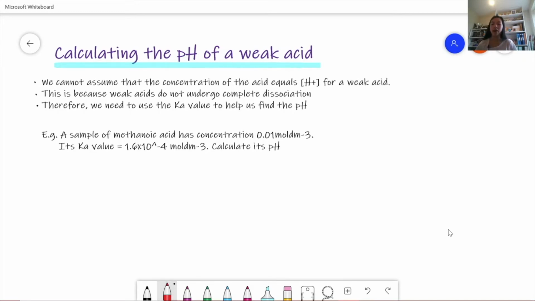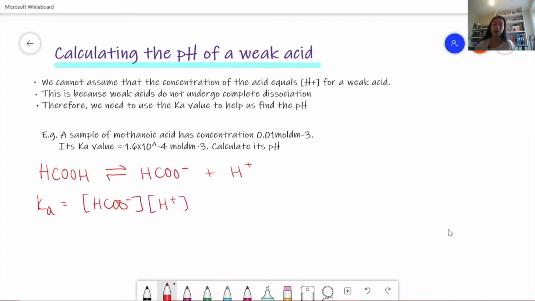So we would have methanoic acid, which has a chemical formula of HCOOH, and then it would be in equilibrium with its HCOO minus ion and a H plus ion. And so to work out the Ka, we would have the concentration of HCOO minus multiplied by the concentration of H plus over the concentration of